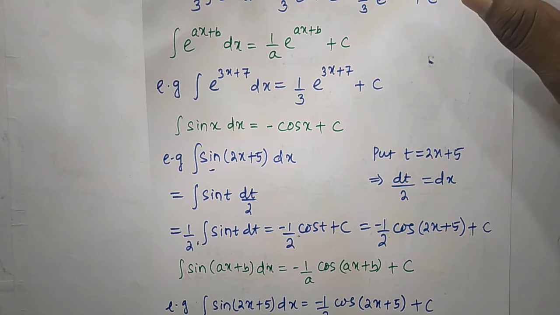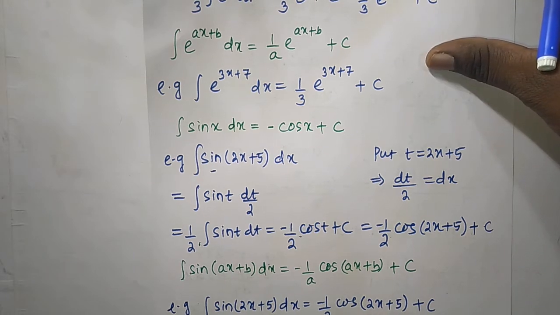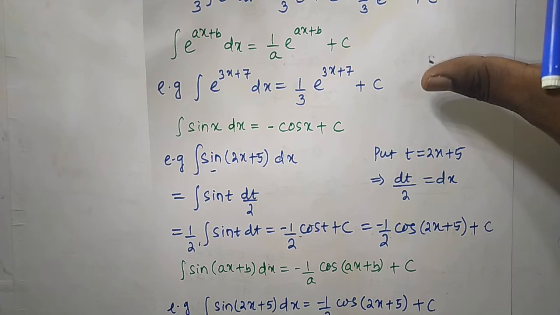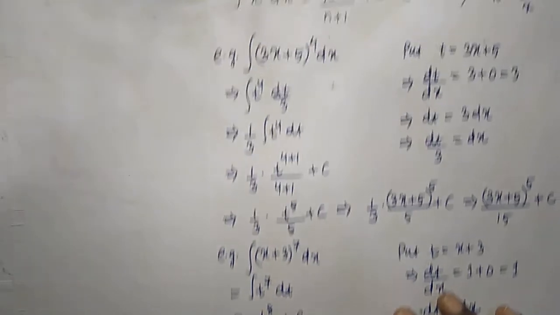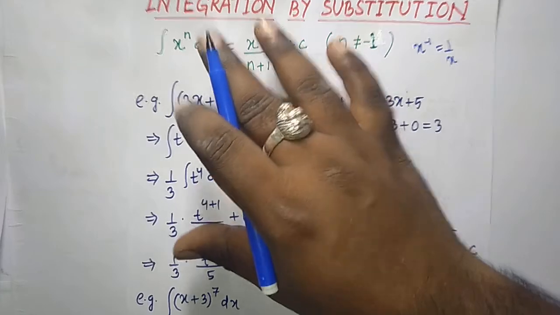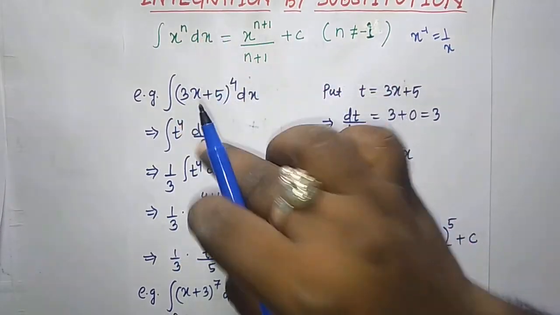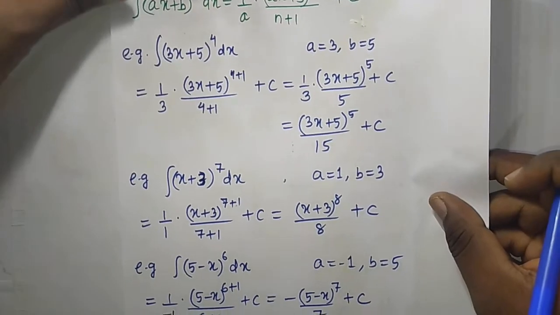Okay. Now I will tell some shortcuts for this method. Okay. Now come to some shortcuts. Here in the first example you have done it like this. Okay, you have used this property. Now I will tell one shortcut for these examples. What is that? See, this is the shortcut.